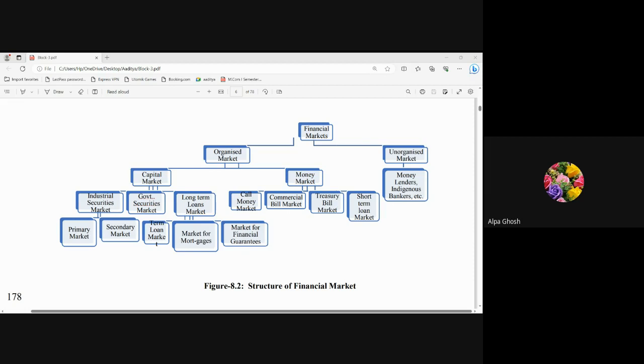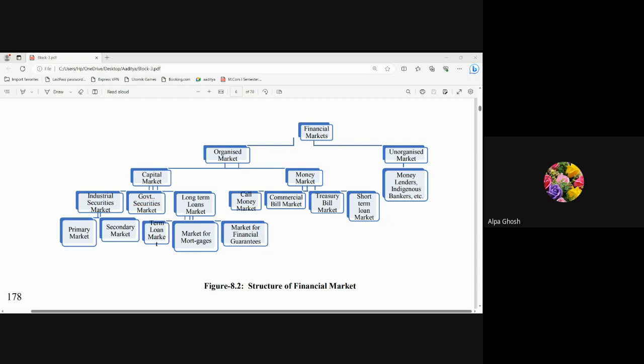But when we talk about individual money lenders, it is not like that. It may be that I am doing this business just for gaining some benefits in the form of interest. Am I clear with the difference between money lender and indigenous bankers? Yes, ma'am. Okay, Farida, thank you.